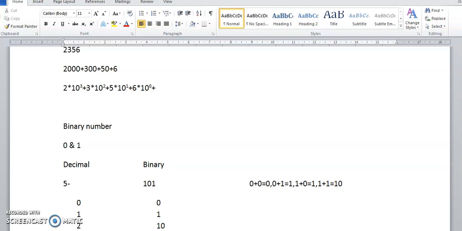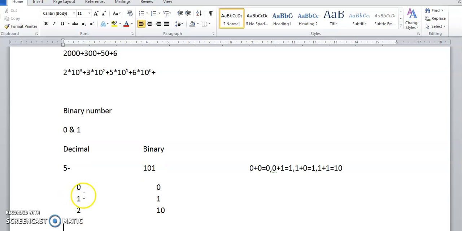One-zero means 2. See, in our decimal number system, when we increase the value by 1, 1 plus 1 is 2, 2 plus 1 is 3, 3 plus 1 is 4. Same way, one digit will be increased. In binary, 1 plus 1, what is the answer? 10. Are you getting this point? Remember, 1 plus 1 is 10,